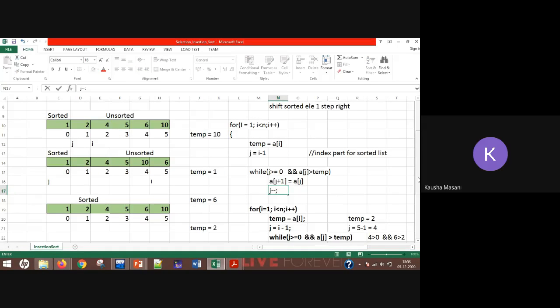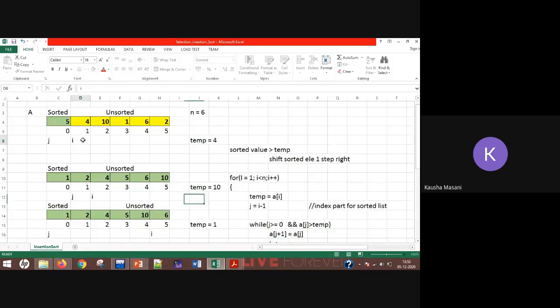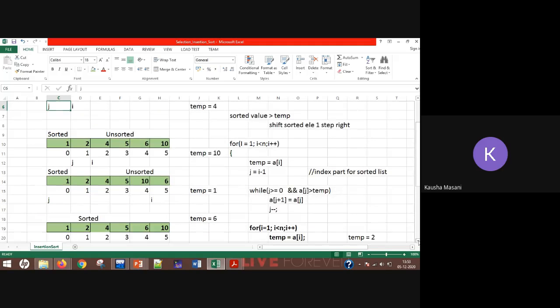देखो जैसे I, ये समझो, जैसे ही I यहाँ पे इंक्रीमेंट हो रहा है, पहले हमने 4 लिया, फिर 10 लिया, फिर 1 लिया, ठीक है। तो उसी हिसाब से जब भी हम कंपैरिजन कर रहे हैं तो हम कैसे जा रहे थे, फ्रॉम राइट टू लेफ्ट, ठीक है। पहले 5, फिर 4, फिर 2, लाइक दैट, ठीक है। तो जैसे जैसे I की वैल्यू बढ़ रही है, दैट मीन्स इन द फॉर लूप व्हेन वी आर डूइंग I प्लस प्लस, inside my while loop there will be decrementing j, so that will be j minus minus।